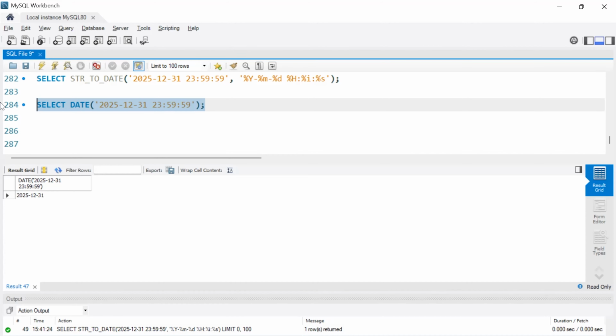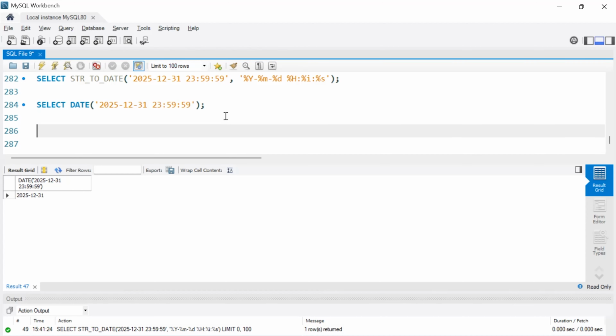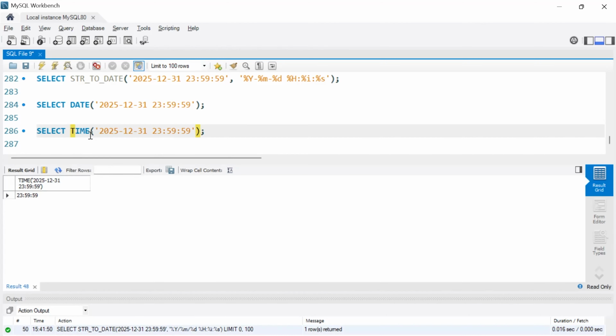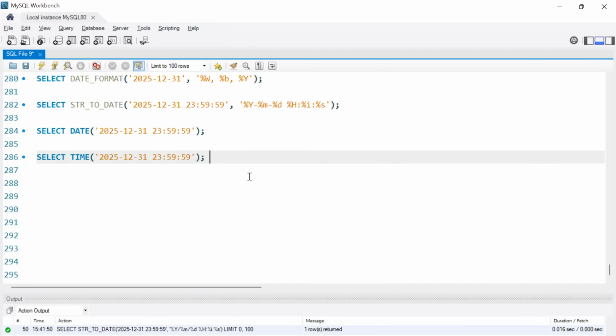Okay, then we will see how to use the time. In place of date, I will use time, and the time has been extracted successfully with the help of the time function. So in this way we can use the inbuilt date and time functions to extract the date with the help of the date function, and we can extract only the time from the datetime format with the help of the time function. Okay,